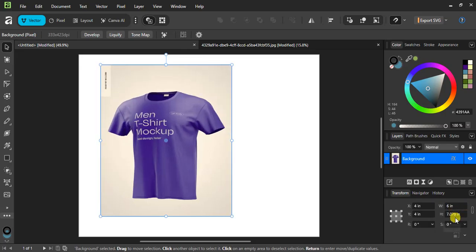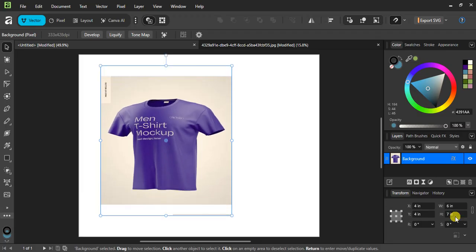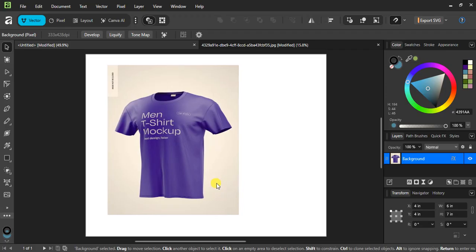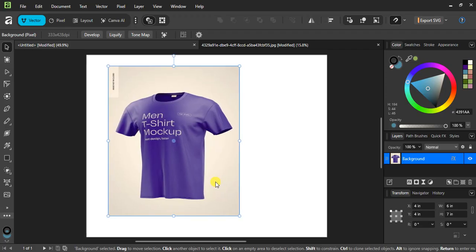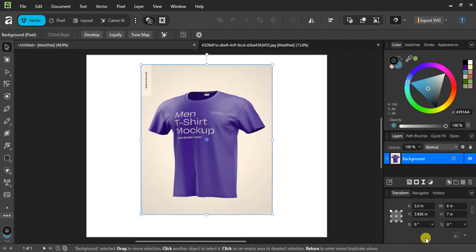W and H are width and height. Changing W scales the image horizontally, and H scales it vertically. If you want to keep proportions intact, enable the aspect lock icon in the panel before you change a value. With the lock on, updating width automatically updates height to match, and vice versa, preventing distortion. If you need exact scaling, you can type specific numbers, percentages, or simple math, like multiplying a value to double